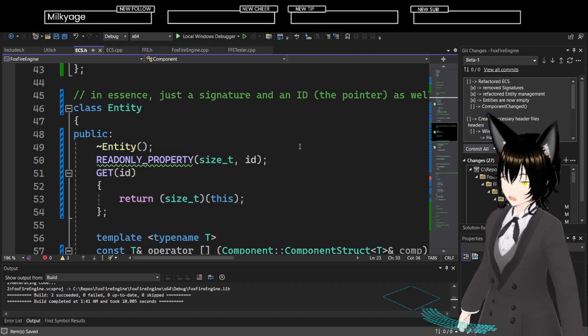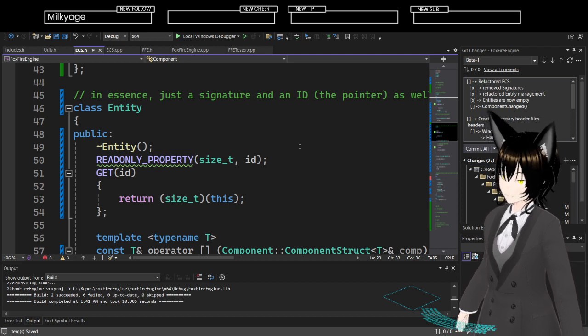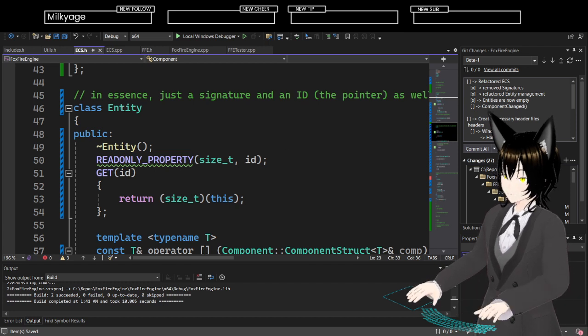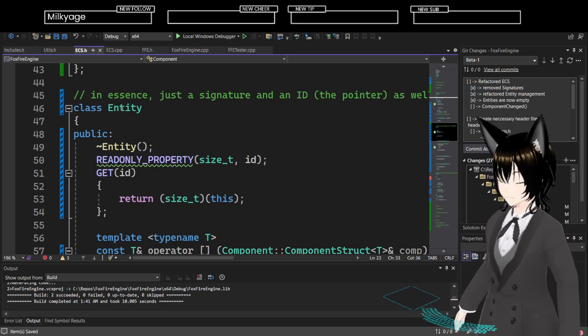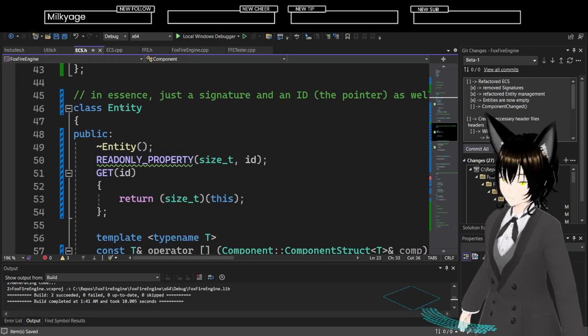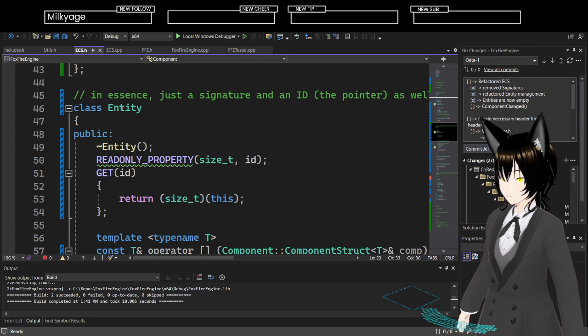But I feel like having a class, because the class is just going to be, yeah, it's just 1 byte. That's a singular byte. I think 1 million entities in the world is still only 1 megabyte of memory. Right? So the actual footprint is super tiny. So I don't think that it's really necessary.